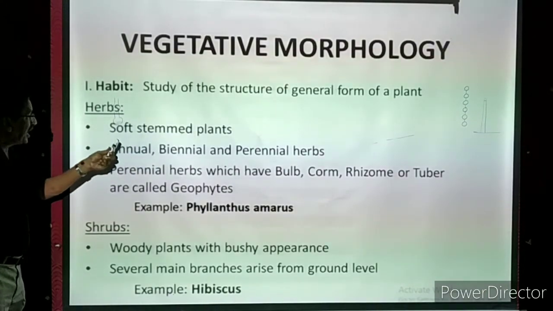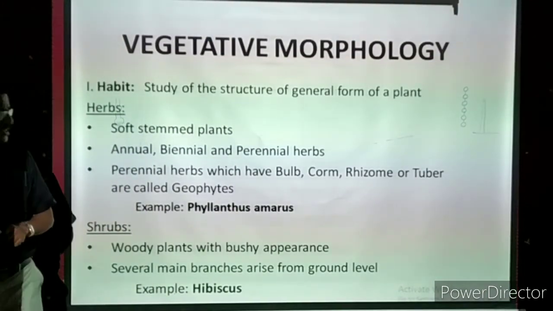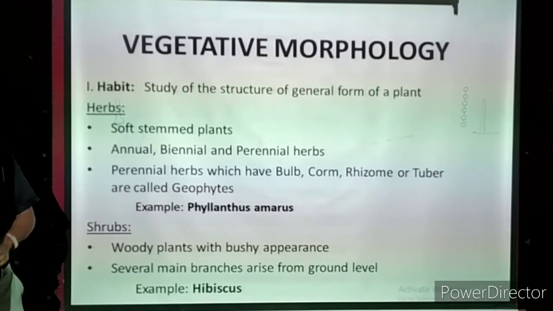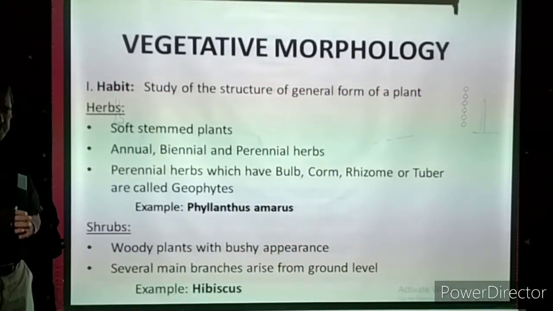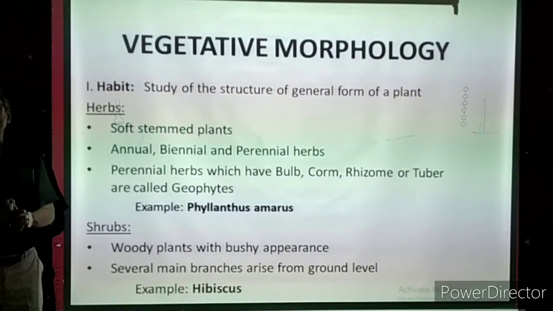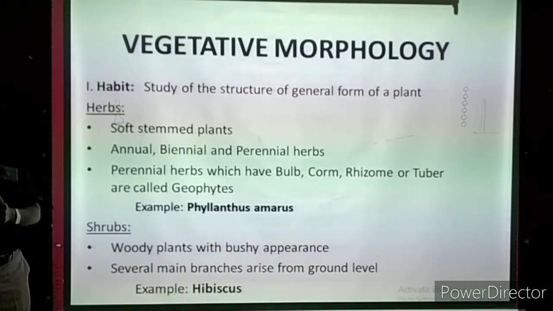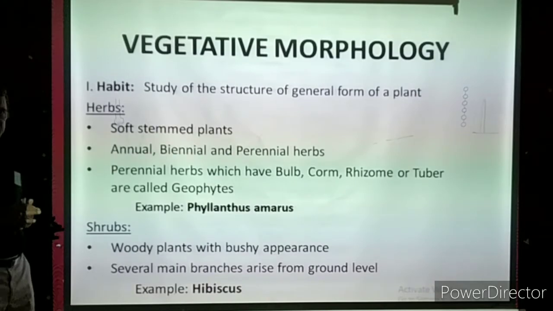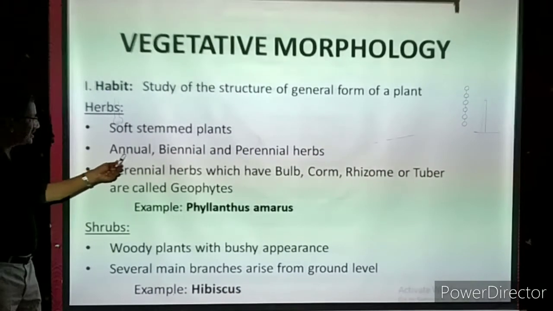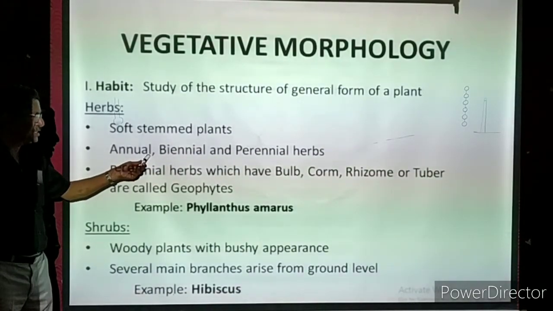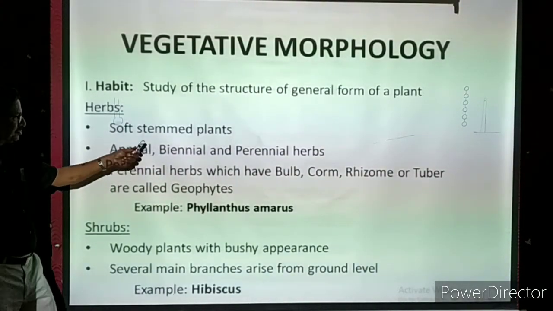Second one, they are annuals. Annuals, again and again the term will come. Annuals means any plant which is living for one season. Okay, for example, some plants are living only in summer. Maybe 3 months, 3.5 months, 4 months. After that, they will die. That means they are completing the life cycle. Some are living only in the winter season, like that. So if any plant is living for only one season, it is called an annual.